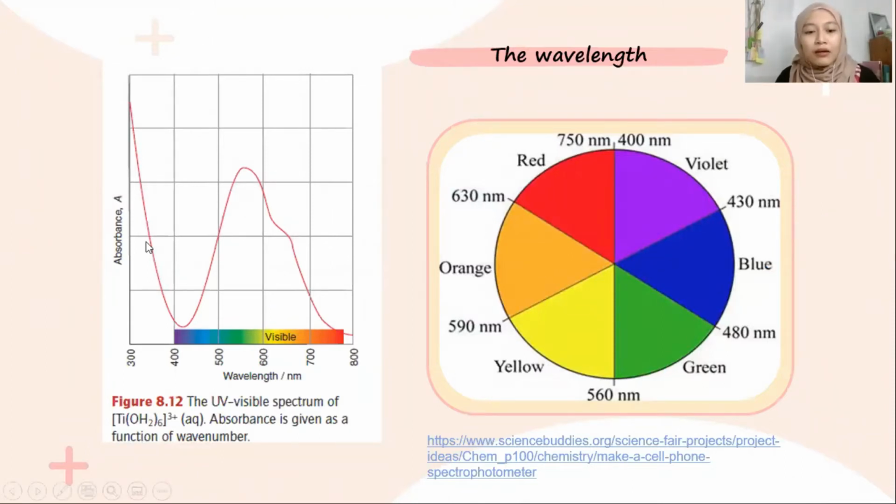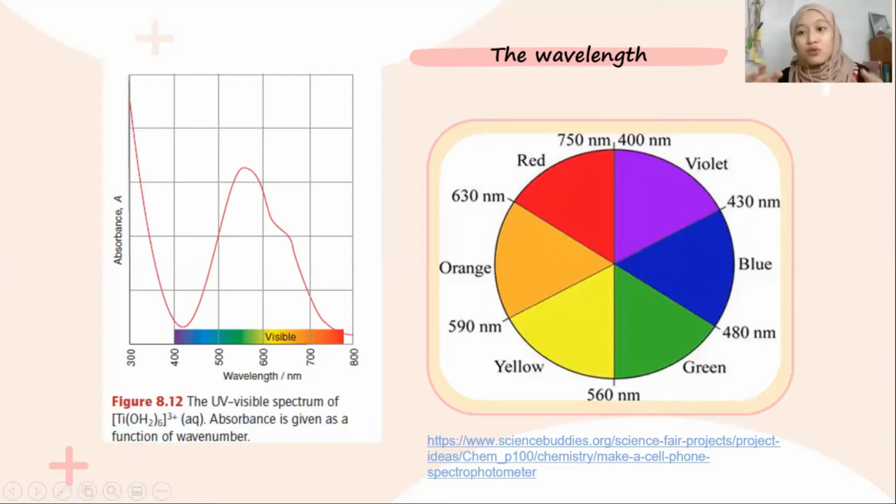The absorbance will give the value of the wavelength, and with the value of a wavelength we can determine the complementary color that will be visible to our eyes. We can use the artist color wheel. This is the artist color wheel. So the color that has been absorbed, the opposite color is the color that is visible